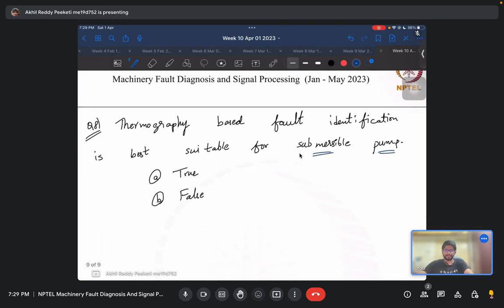So what do you think? You have a submersible pump, that is, the entire pump is submerged in water or some kind of oil bath,